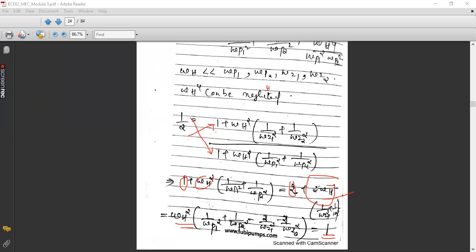If you take this, it will be 2 is here, right? So that 2 is applicable to these two terms. So that will be 2 by omega z1 square minus 2 divided by omega z2 square. So why am I doing it like this? Because I need an equation for omega h. That is why my intention was to take omega h outside on the left hand side, because I need to find the equation for omega h.